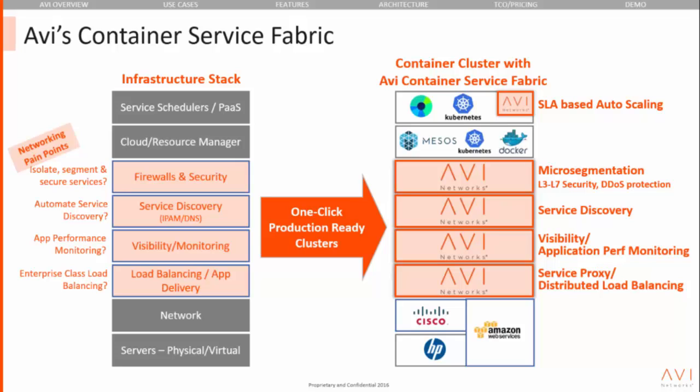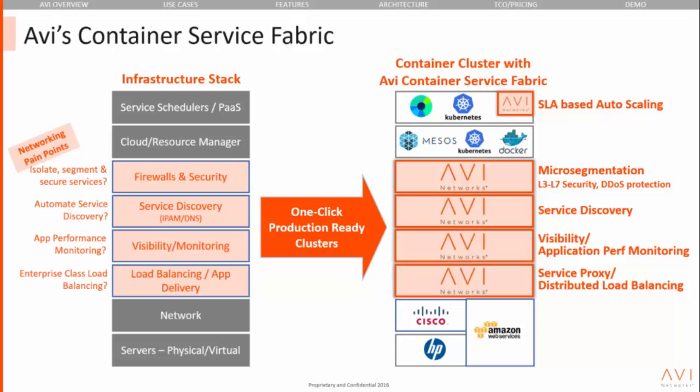So Avi has taken our application services fabric and developed a container services fabric in association with a number of container technologies so that we can provide production class services around security, providing micro-segmentation service for each container, providing layer 3 to layer 7 security, including DDoS detection and mitigation, including SSL encryption, including comprehensive layer 7 security policies, etc. We provide natively service discovery capabilities so that one of these potentially hundreds or thousands of services running in the environment, each microservice can discover another microservice with as simple as a DNS call.